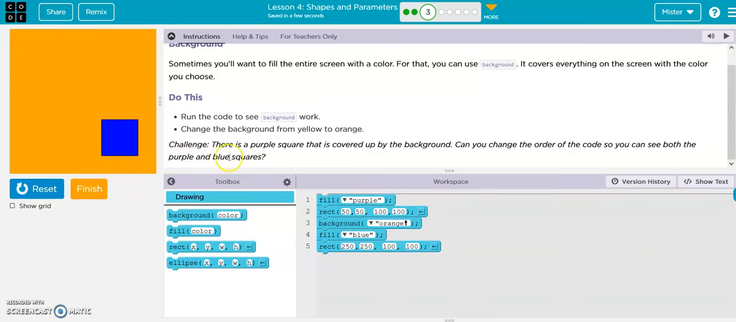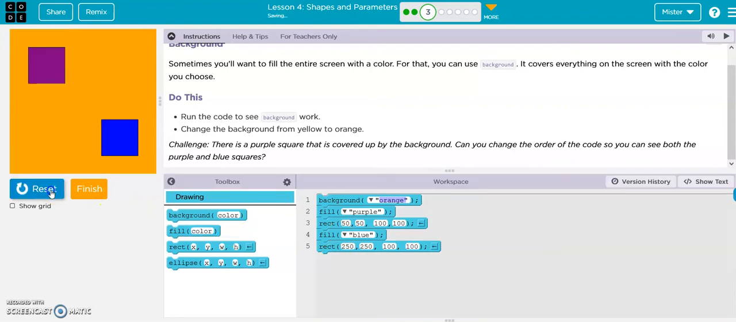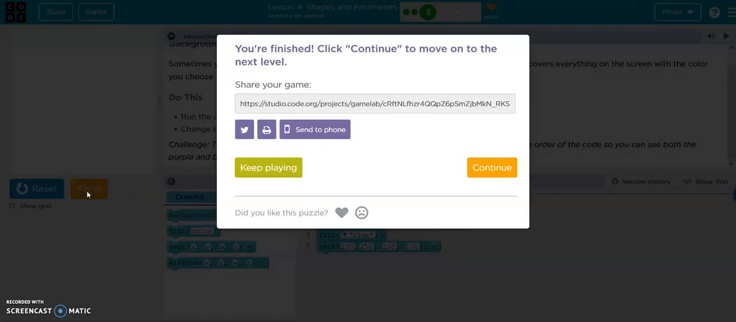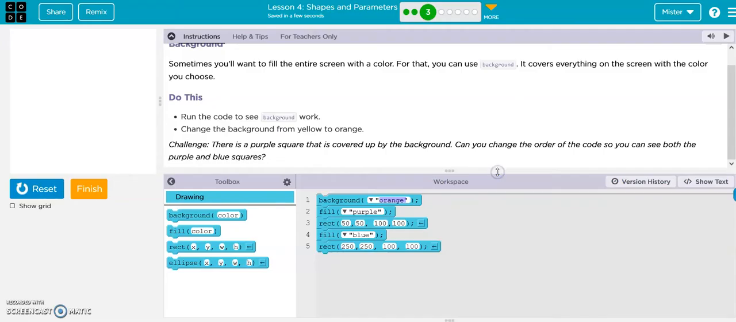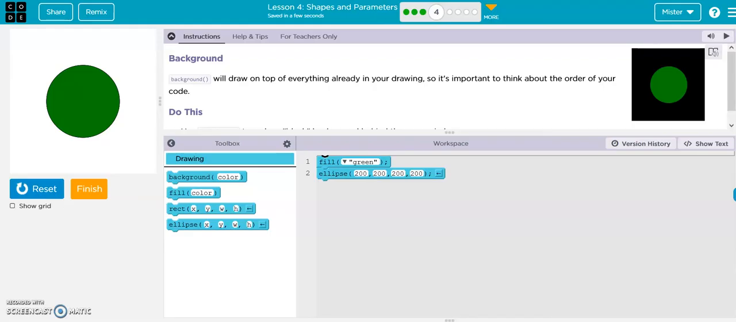There's a purple square that is covered up by the background. Can you change the order of the code so you can see both the purple and the blue squares? For that, all we have to do is move background to the bottom. I think. And there it is. Alright, let's go ahead and run it. Okay,